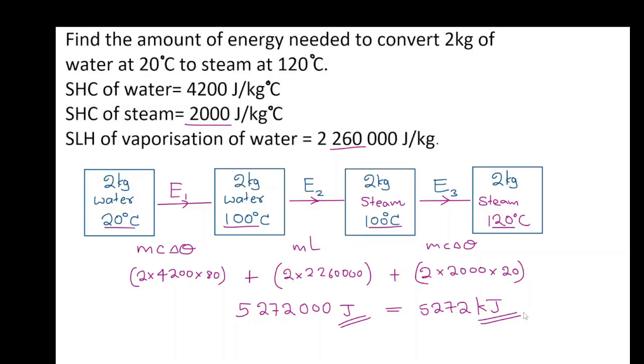If the question does not specify in the exam, you are okay to give the units in whichever way you like. Sometimes in the exams, the question specifies to give your answer in kilojoules, or they'll give you a dashed line, and at the end they put the units, so you don't have the freedom to choose whichever unit you want. Then you'll have to go with